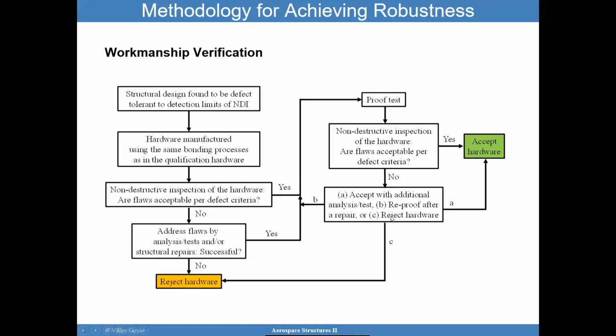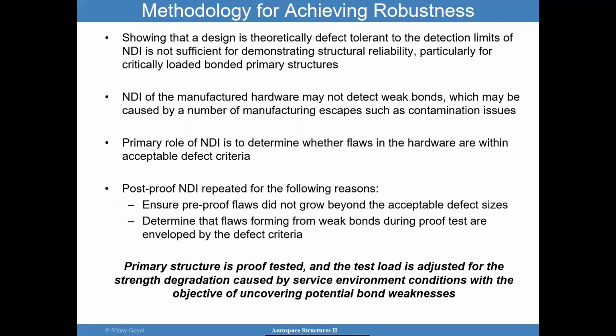But you may have to also, if none of these things work out, reject the hardware, and that's usually your last resort. You want to find ways of making this work if you can. That's really what you want to do, is have methodologies that are robust, so you don't have to get to this point, because that's very disappointing for the whole team. It's disheartening to go through all this effort to only reject the hardware. Okay, so